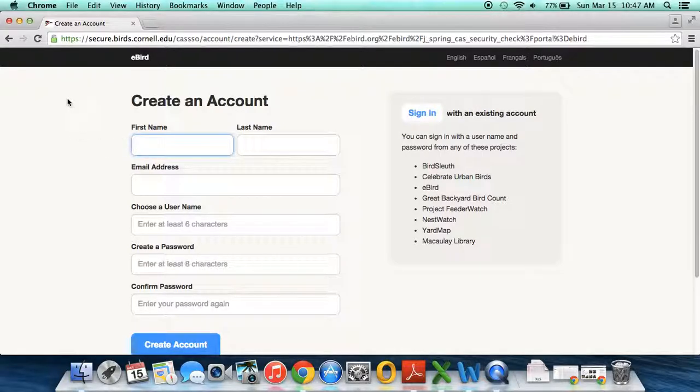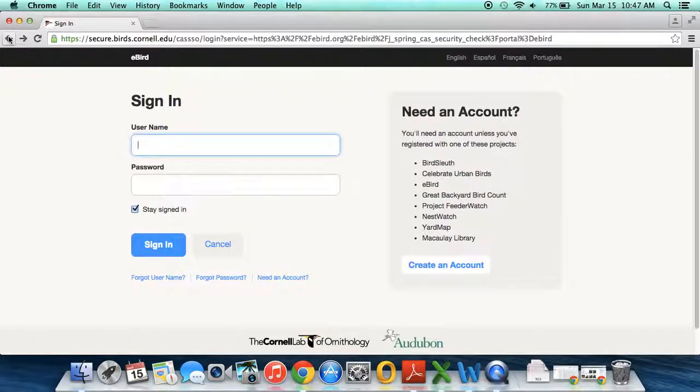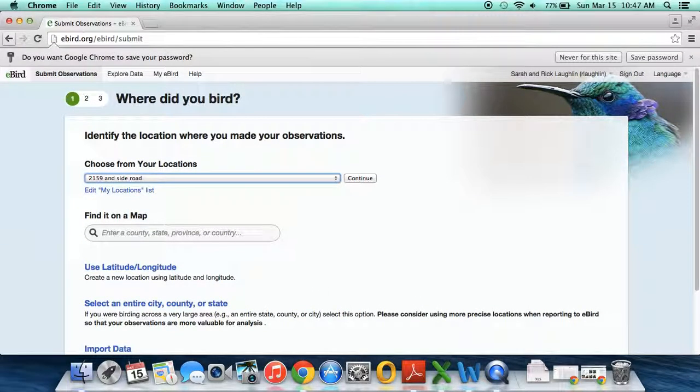This is important both for getting updates and if you have a remarkable sighting. If you have a sighting that is out of the ordinary, the reviewers can contact you and get a little more information, if you have a picture or more of a description than you could enter. They'll be able to contact you and have a conversation about the bird. Now I already have an account, so I'm just going to go ahead and log in. Once you log in, it takes you directly to the Submit Observations